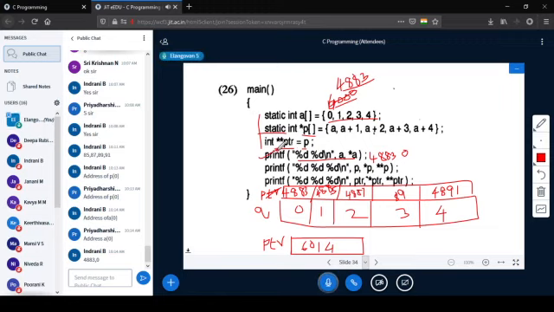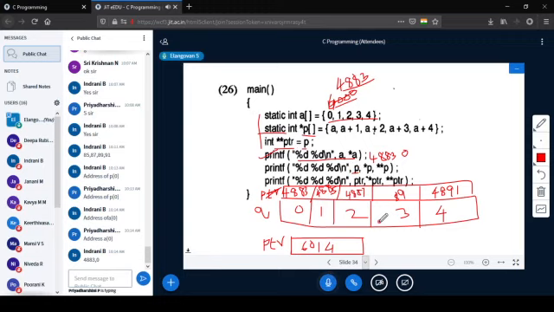The concept of pointer to pointer, pointer to a pointer variable. What will be the output of the next statement? What is this P?